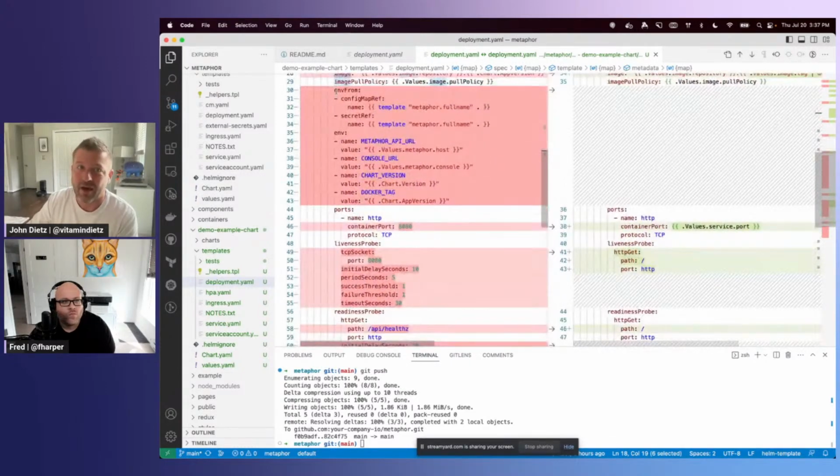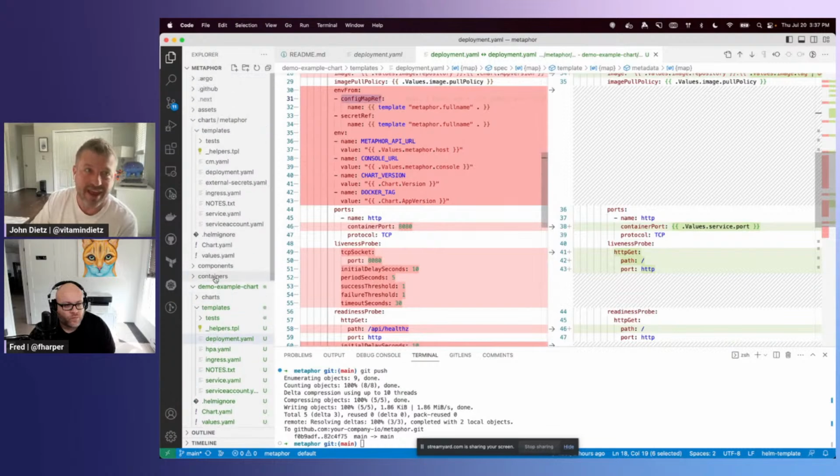And we also want to pull in some environment variables from a few different sources. And this is really just for example purposes. So first, we're going to look at env from here, and we're going to pull in a config map. And we have a config map in our chart that they don't have in a default chart. You can see up here, we have a cm.yaml for our config map, and you don't get one of those by default.